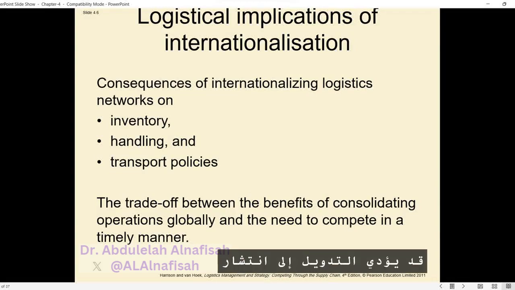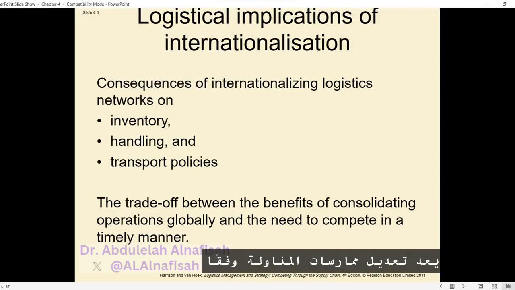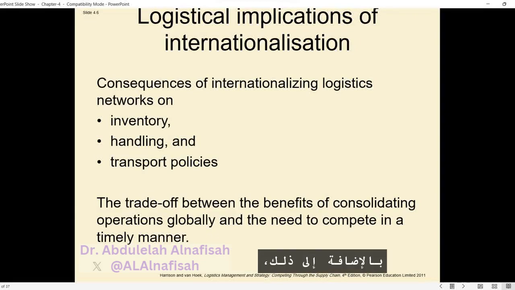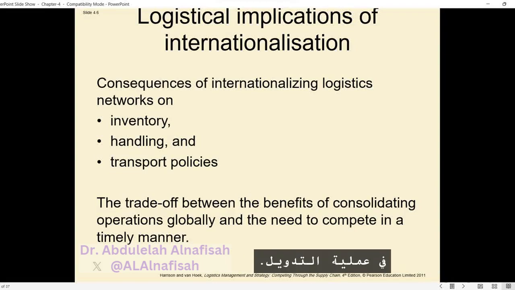However, internationalization may lead to product proliferation due to the need for localization and catering to specific local product and market opportunities. 2. Handling. Logistic service practices and regulations related to storage and transport may vary across countries. Adjusting handling practices accordingly is essential for internationalization. Additionally, implementing best practices across different facilities can aid the internationalization process. 3. Transport.